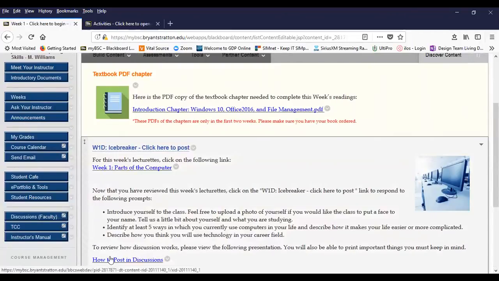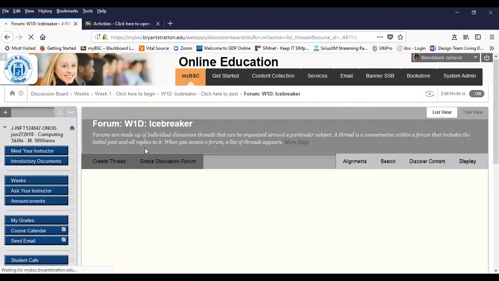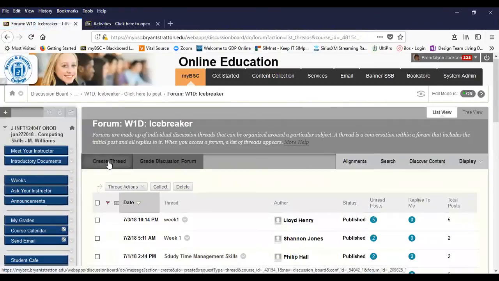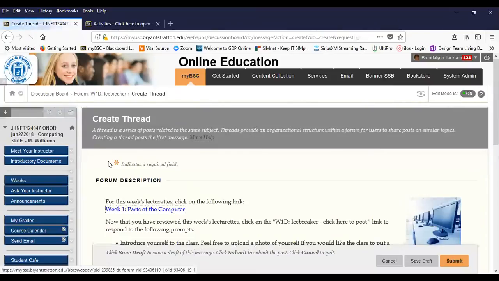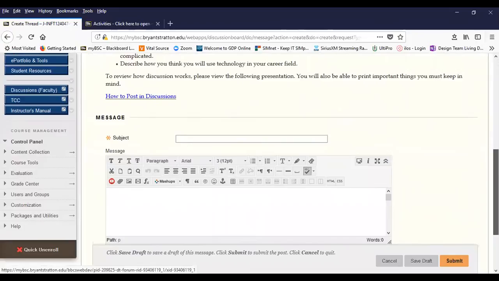Now here it does give you a section where you can click on, and it'll tell you how to post in discussions, but I'm going to just take you through it pretty quickly. So here you'll click on, click post for icebreaker. And then what you'll do is click on create thread. And this is where you will create your